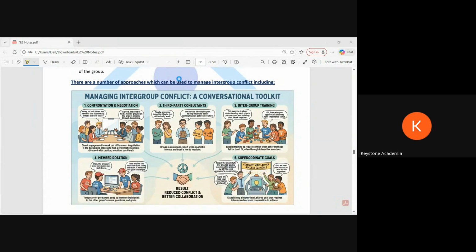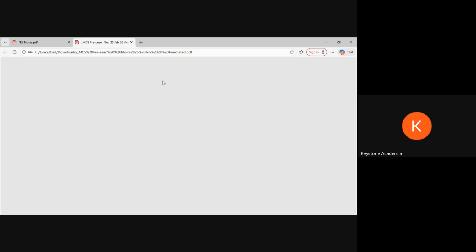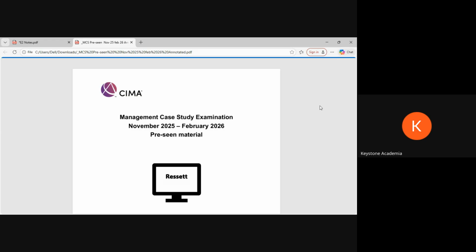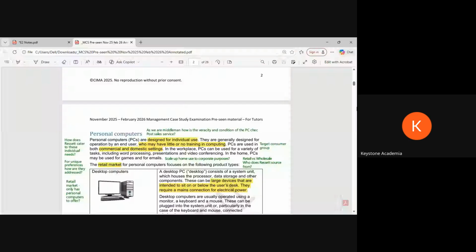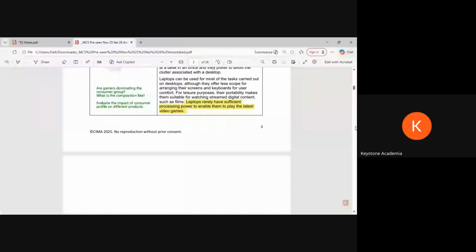They have given the roles clearly. I hope you're revisiting the pre-seen. In that they have mentioned what roles and responsibilities the individuals or the groups have. So we should have a good understanding. And when you're answering in the exam, we don't need to be generalized. We have to always bring it back. They might give basic information in the reference material, but we should know what the role was and why this is happening.